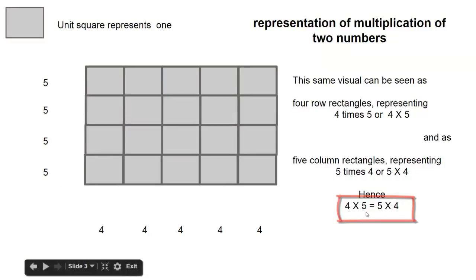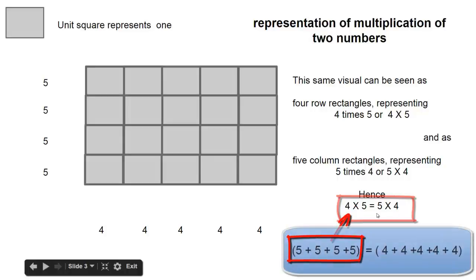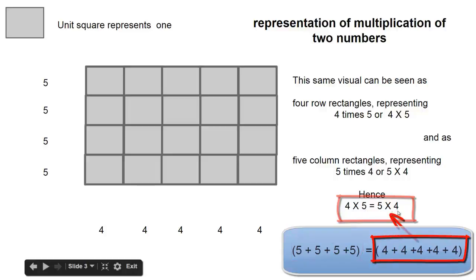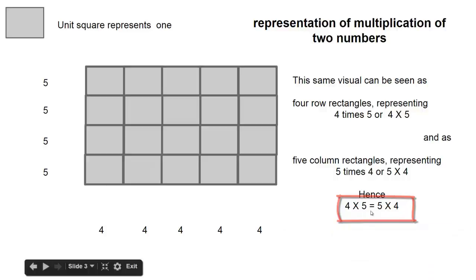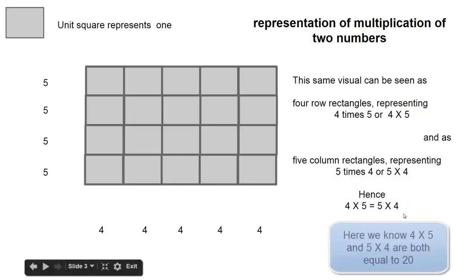In 4 times 5, 4 is first and then 5 is taken next. In 5 times 4, 5 is taken first and 4 is taken later. So whether you add 4 of 5s or 5 of 4s, the result must be the same. The beauty is that we don't actually need to know how much is 4 times 5 or how much is 5 times 4. Of course we know they both are 20, but the fact is,